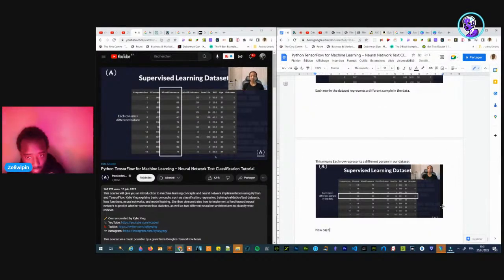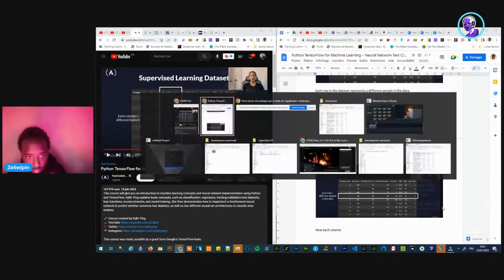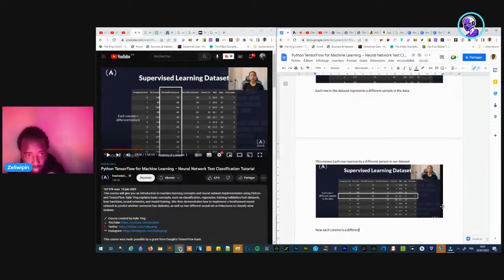Now each column is a different feature in our data.